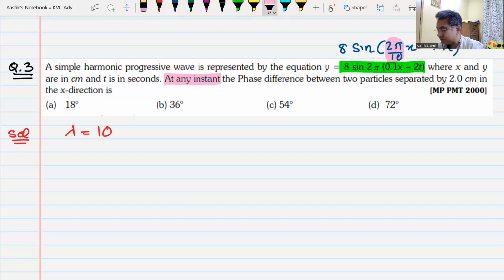Sir, that means it doesn't depend upon the sign between them, sir? It does not depend on it. If it is sine omega t plus phi or phi minus omega t, is it the same, sir? It's not phi here. It is in terms of kx and t. Phi has not come here. Okay, sir. If it is kx minus t, then omega is 1. Then if it is omega t minus kx, what are you saying? I don't understand. Sir, I am asking that if the terms in the bracket are exchanged, then